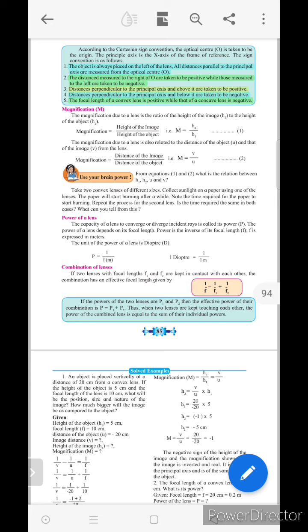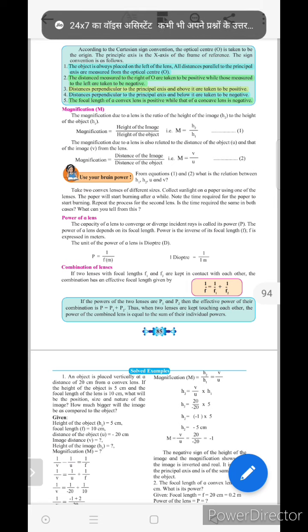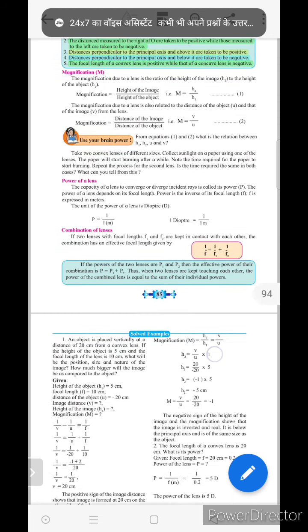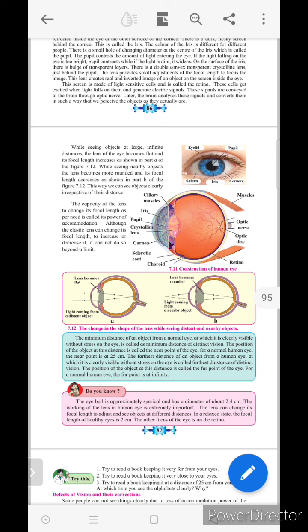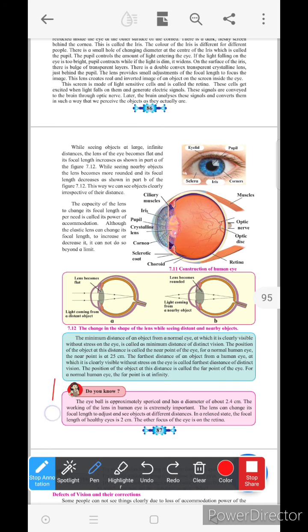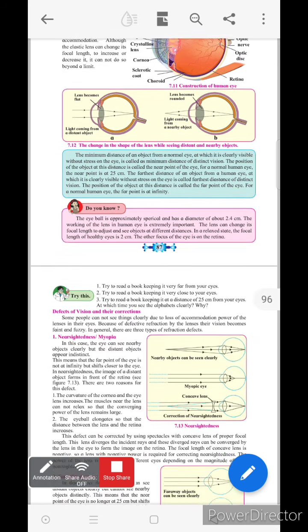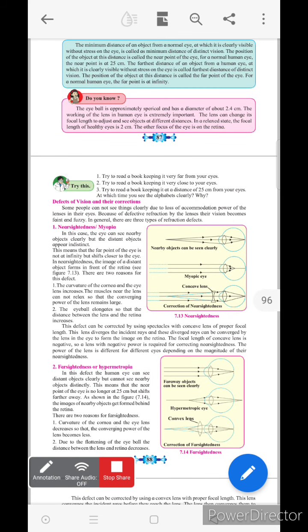Directly we will move on to page number 87. Page 86 also has no reduction. On page 87, there is a pink color box at the bottom of this page, and that topic, 'Do you know', is removed. Now we will move on to the next page, page number 88, no reduction.